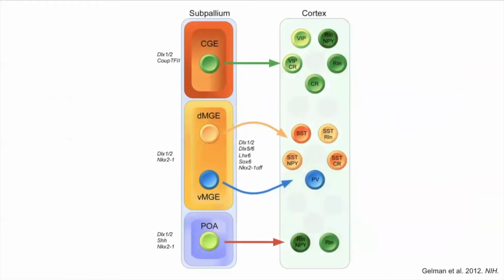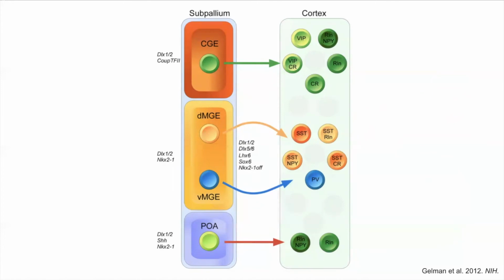As interneurons develop from the caudal and medial ganglionic areas, as well as the preoptic area, there are specific transcription factors influencing the expression and eventually what cell fate occurs for each interneuron. DLX1 and 2 are in all regions, but factors such as NKX2-1 or sonic hedgehog give rise to specific types of interneurons that originate from the same progenitor area. These transcription factors and their opposing gradients will then cause a second layer of genes to be expressed for each